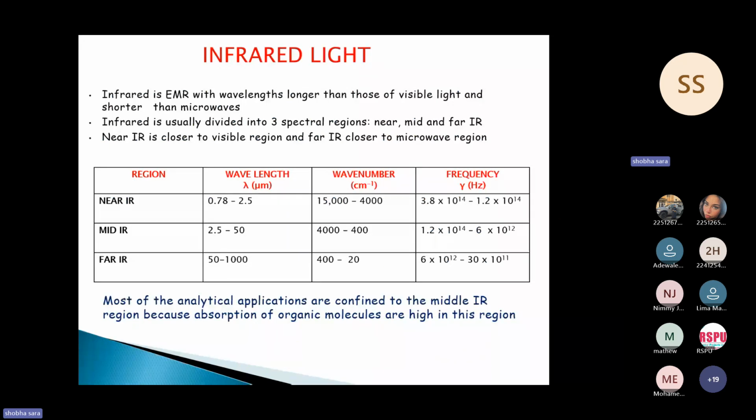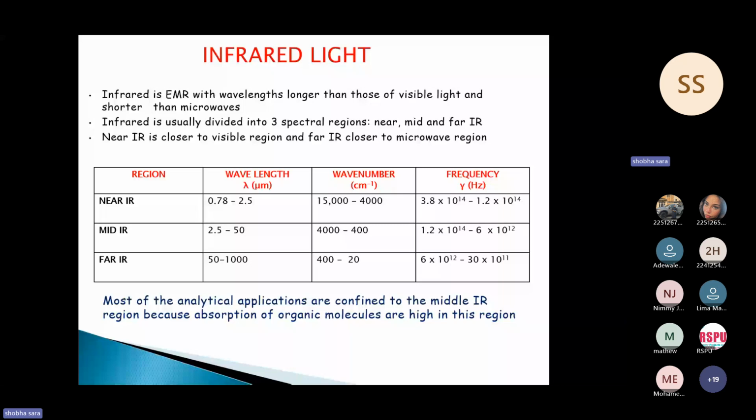So it has a wavelength longer than the visible light but shorter than the microwaves. And this infrared light is divided into three regions. It is not one region. For convenience, they divided it into three spectral regions: near IR, mid IR, and far IR. From the name itself, we know near IR is the one that is close to the visible region, and the far IR is the one that is away from the visible region, or we can say close to the microwave